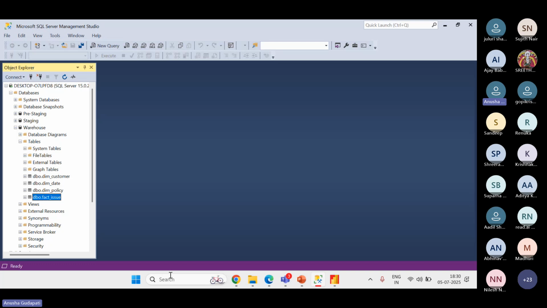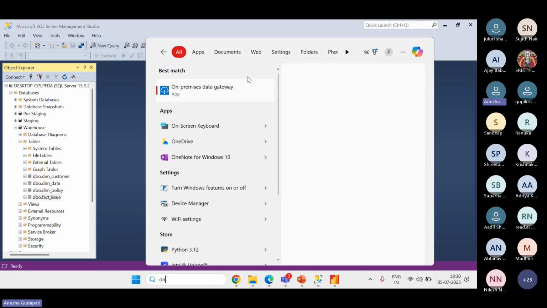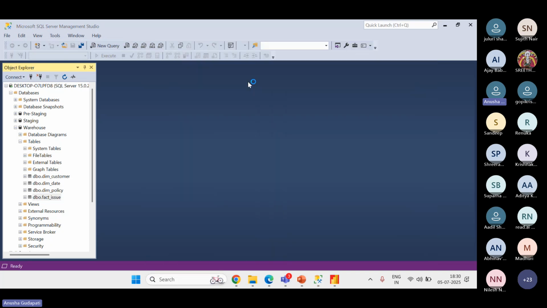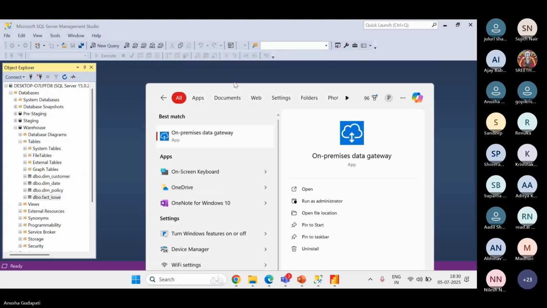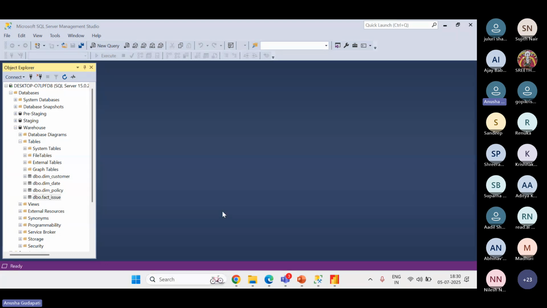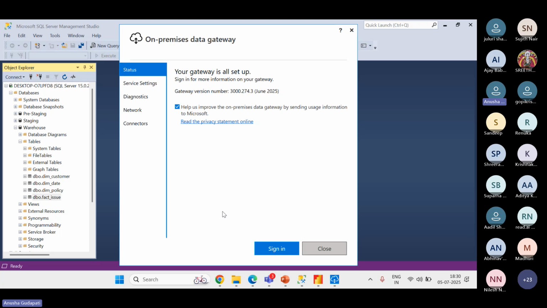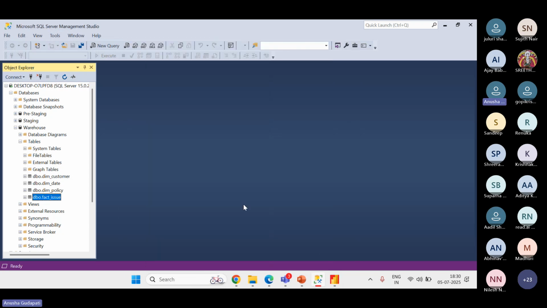Post that, I had installed an on-premises data gateway on my system. This on-premises data gateway, guys, is for people who are not familiar with it. Basically, it is the gateway that is required to connect the data present in your server to Power BI. For any kind of refreshes that you require from an on-premises server, you would require an on-premises data gateway. So before I make use of the on-premises data gateway, here is a small Power BI report